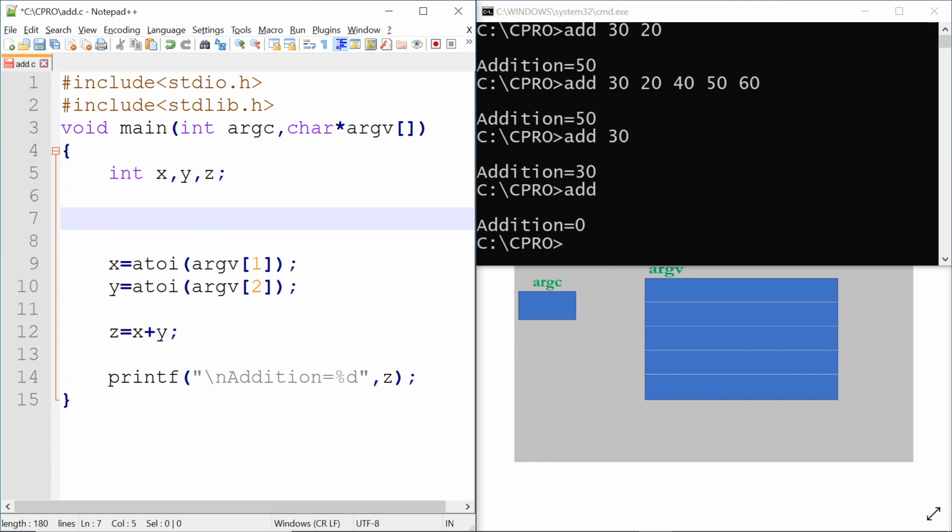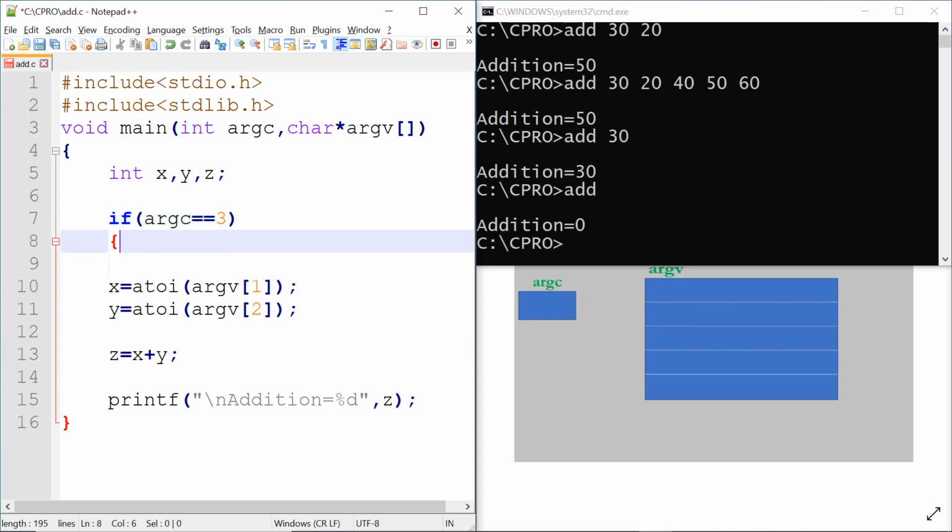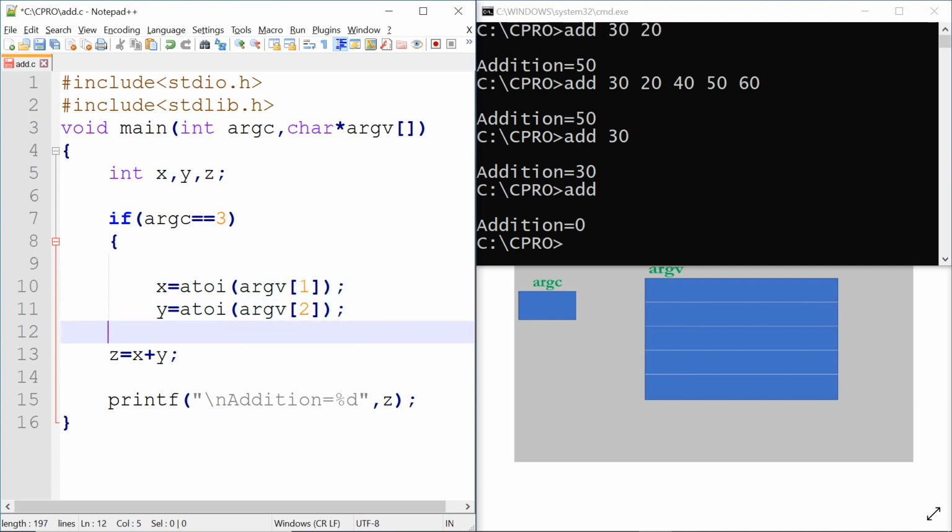So what I am going to check here is the count of the arguments. If argc is equals to 3, that means file name and two numbers, then only we are going to perform the conversion and addition, and then print the result.